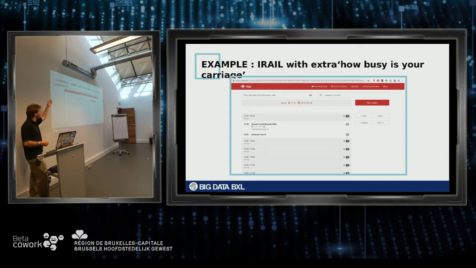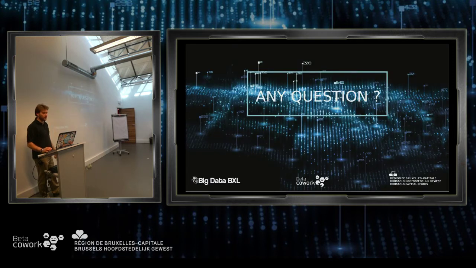One of the things this website provides is an estimation, a tool to know whether trains are busy or not, whether there are a lot of people in there in real time. So that's a fairly interesting tool. Okay, feel free to ask any questions, and then we'll do a quick break, and then we'll resume for the second part, including lots of demos.